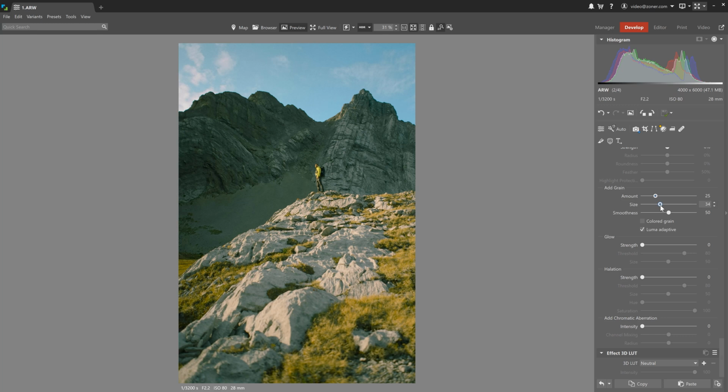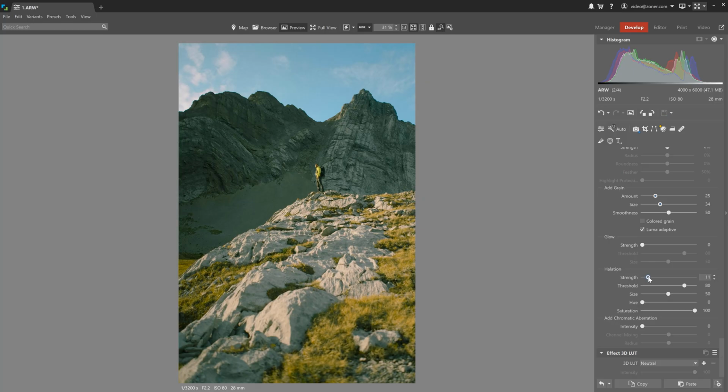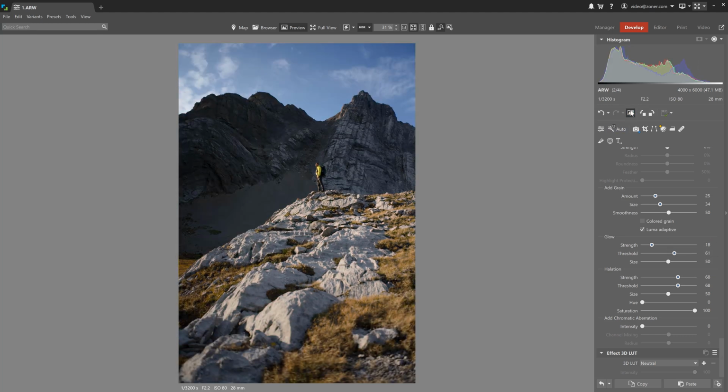Next is halation, and this is a must for almost any analog photo. It's caused by light reflecting off of the film's base layer and bouncing back through the emulsion, creating a soft, colorful glow around bright edges. Next, let's increase the strength quite a bit and then slightly reduce the threshold. Finally, we'll add some glow. This usually comes from old lenses that aren't as sharp or well corrected as modern ones. So we'll carefully increase the strength and again, reduce the threshold just a bit. And there it is, a film look done and dusted. See for yourself, here's the before and after.